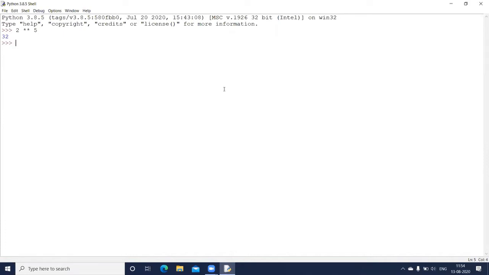The next operator is your modulus operator. It is represented by a percent sign. Let us take an example, 32, the modulus operator, percent sign, followed by, let us say, 3. Press enter, and we get the remainder. The modulus operator actually returns the remainder after performing the division. So as you know, 3 tens is 30, so the remainder is 2.